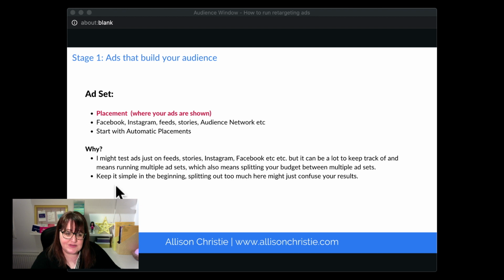And just to give you an example of how automatic placements work, so I might be on Facebook in the mornings scrolling through news feeds, but I'm not likely to sign up for an opt-in at that time of day. I might be on Instagram in the evenings scrolling through news feeds and much more likely to sign up to an opt-in at that time of day. Leaving automatic placements on gives Facebook the freedom to use that information that it knows about me as a user and when I'm most likely to opt into something, and serve me that ad at the right time when it knows that is the time that I'm most likely to sign up to something.